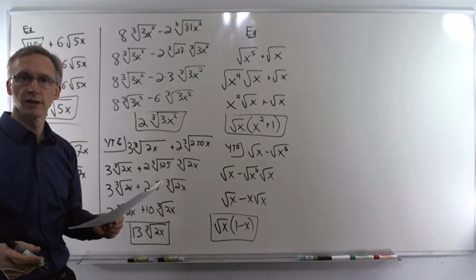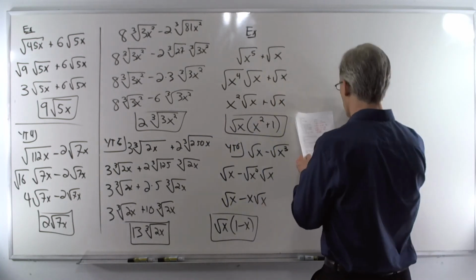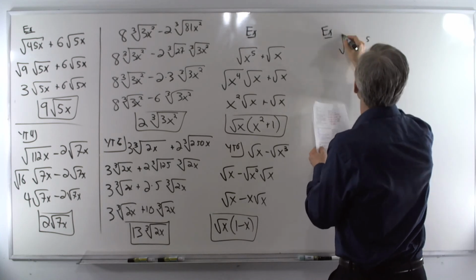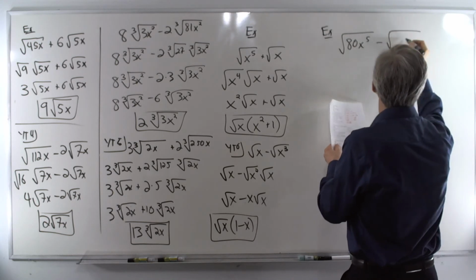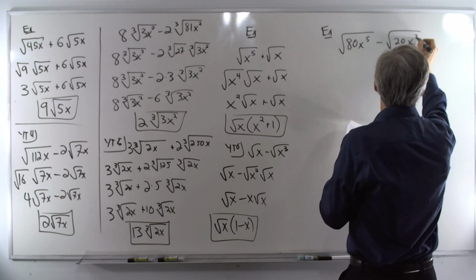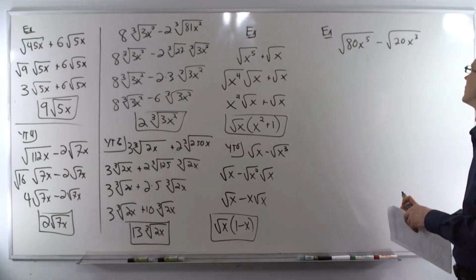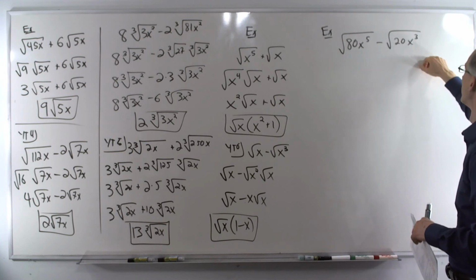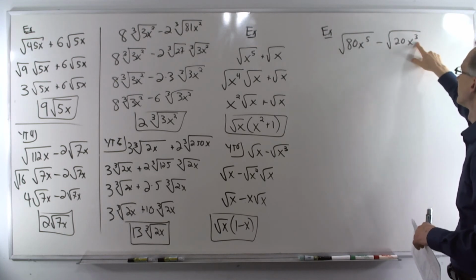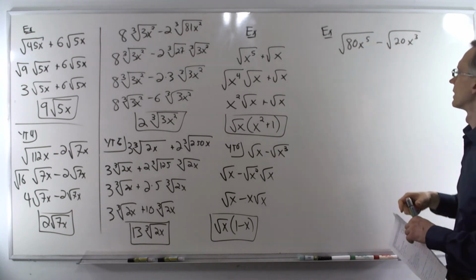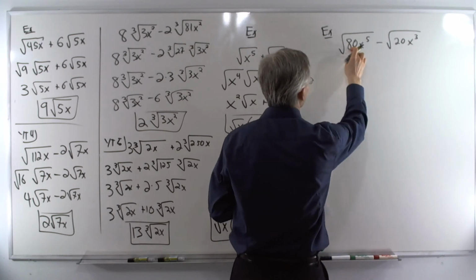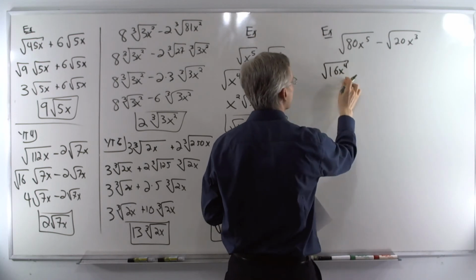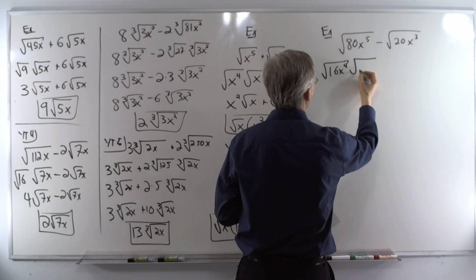Now we're going to combine these two together. In the next examples, we need to match both numbers and variable parts. All right, so you don't have the clues in this one, so we have to simplify both of these. So here we can take out an x squared, leaving an x behind. Here we can take out x to the fourth, leaving an x behind. And we can get a square root of 16 here. All right, so there's our perfect squares. And the leftovers for 80x to the fifth are